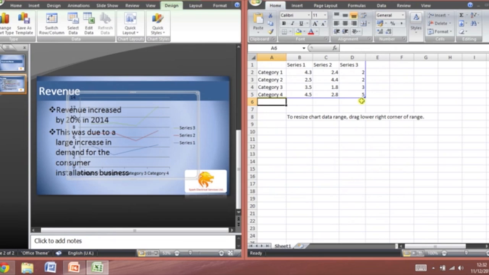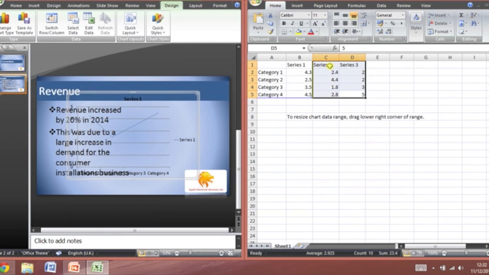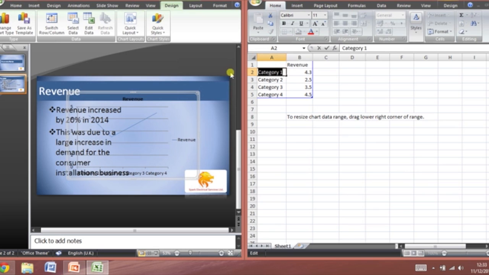and then it brings up this kind of Excel spreadsheet, and then you may have your own data that you can just copy and paste into the Excel spreadsheet itself, but I'm just going to make it up here. So I'm going to call my series revenue, because it's going to be the revenue for my business, and then the categories are going to be the individual years. So perhaps 4 years. You can make it as long as you want. You can have as much data in there as you want, but just for simplicity,